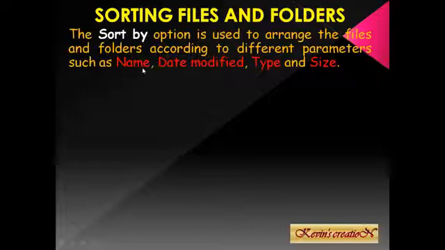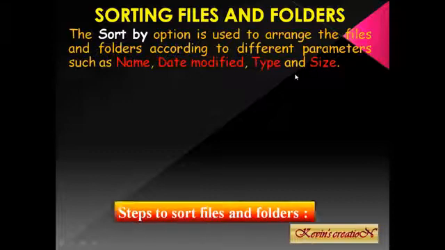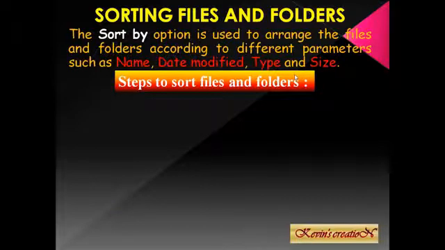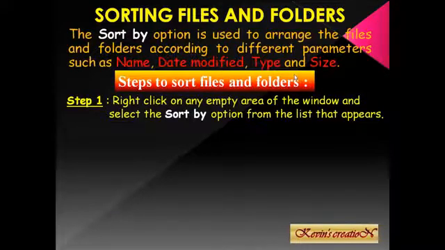We can do it with these parameters. Name, that means it will be arranged alphabetically. Date modified, when you have created or modified the file. Type, various types of files will be arranged in different locations. And then size, maybe smaller or bigger. Okay, how can we do that? The steps to sort files and folders. First step is very easy. Go to any empty area of the window where all the files and folders are there in any of the drives, and then what you will do,